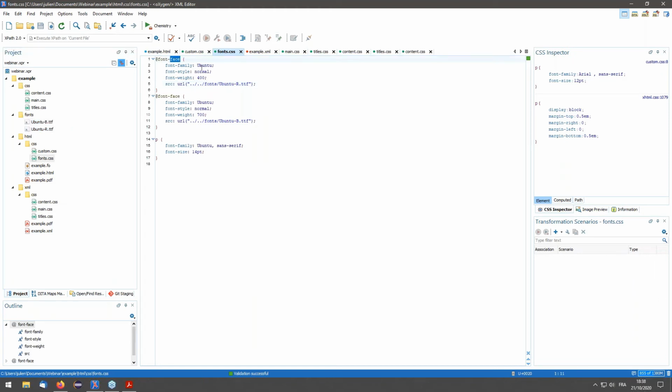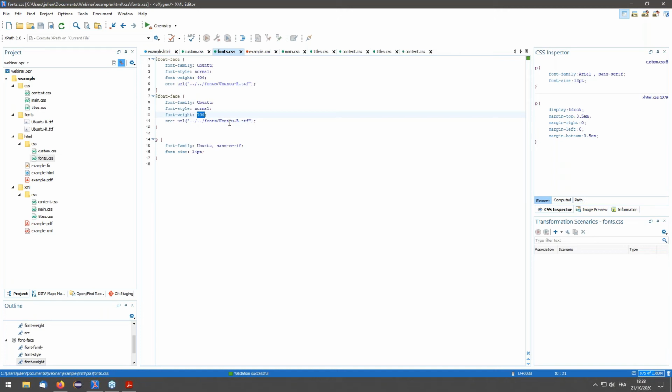So as you can see here, I declare both fonts. So I name them Ubuntu. Both are normal fonts. The font weight 400 is the regular font, so I set the URL to the regular font, and I will set the same, but using the font weight 700, which is the bold font weight